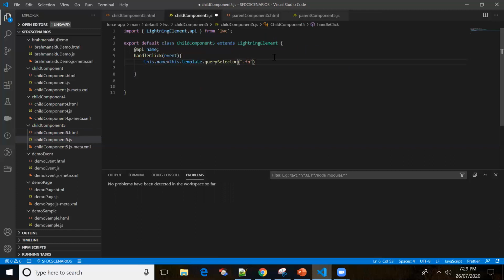I want to get the value of the input field, so value. Whenever the user clicks on the button, we have to create an event and then pass the value to the parent component.